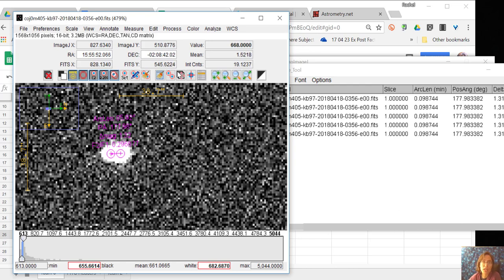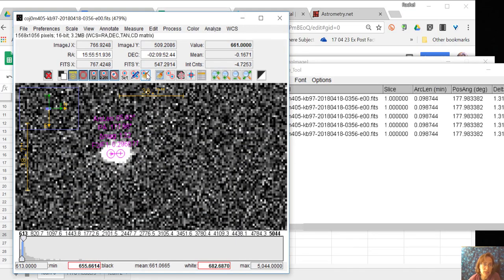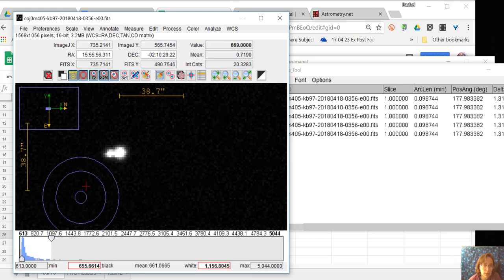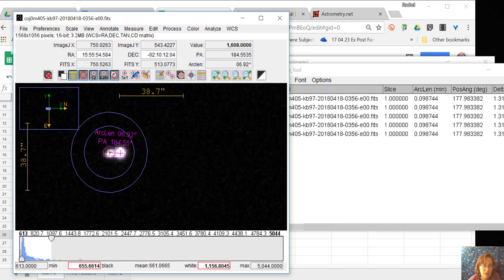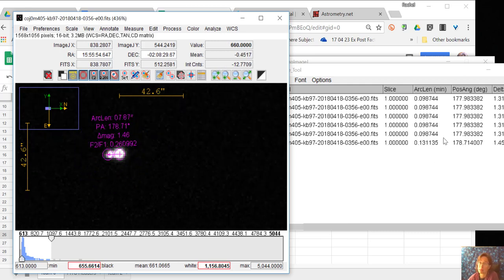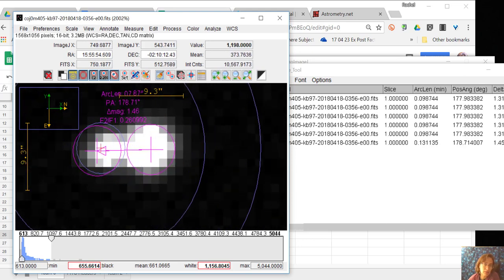Now, just because it's good to experiment with things, I'm going to make this one have a larger aperture and just see what we get. So let's clear those, and I'm going to zoom down again and change the brightness and see what we can get in this case and see if it gives us the same sort of inaccurate measurements. It's similar to what it was for the other image, but notice it doesn't seem to be centroiding properly. That one just doesn't look right. Now, that doesn't tell you everything, but